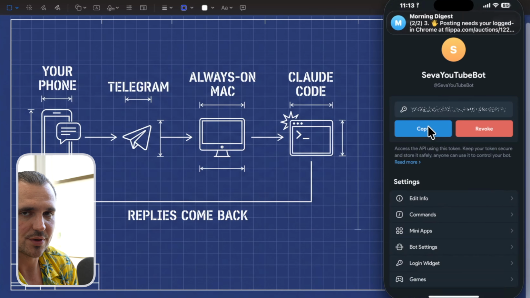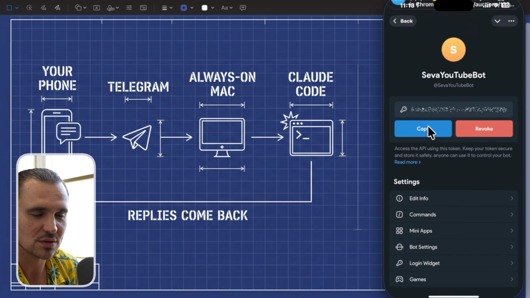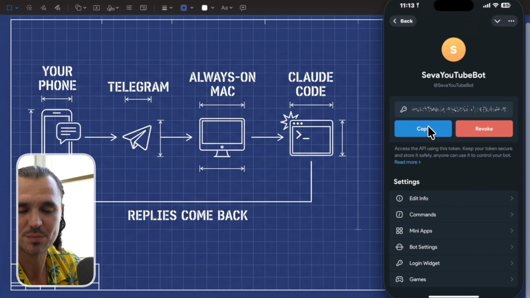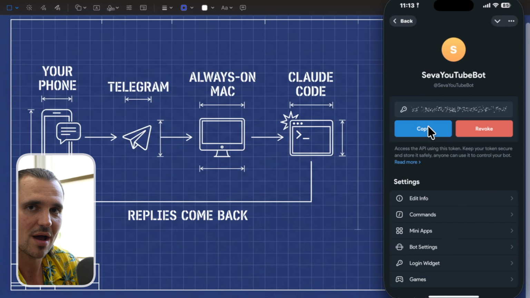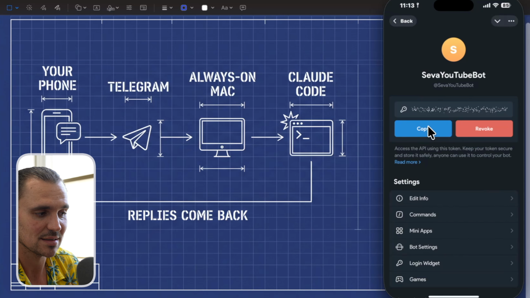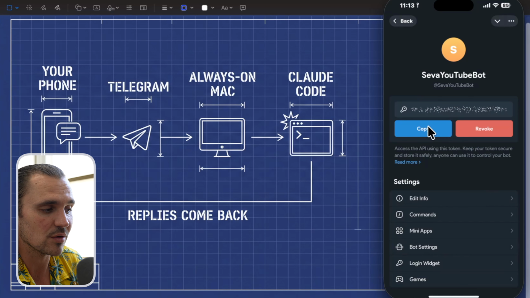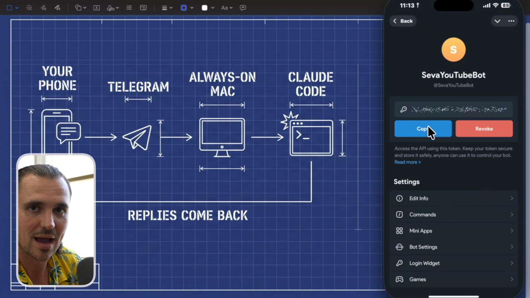If you have 1Password, the best thing to do is have a separate agents vault. Most password managers probably have this. If you have a separate agents vault, Claude Code can actually access the vault without you needing to be there, just through CLI. CLI means command line interface. So with the terminal, without you having to put your fingerprint or actually say yes,